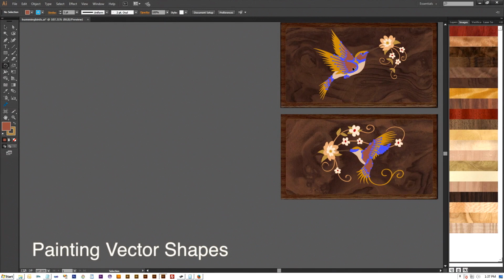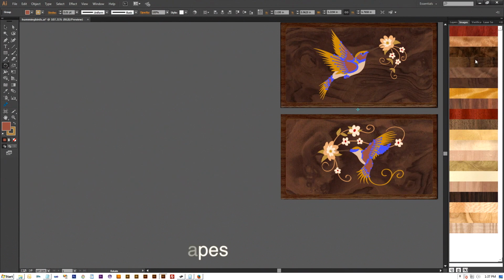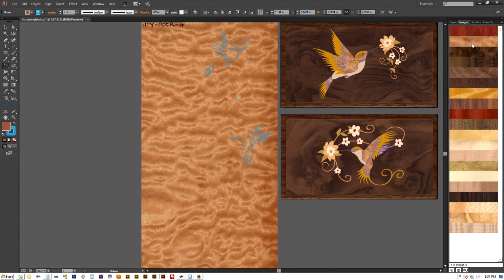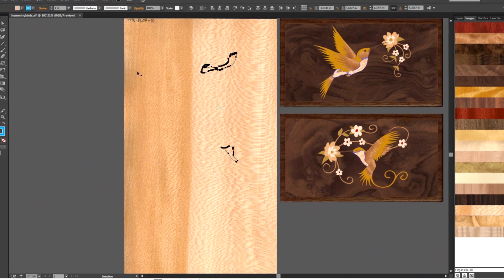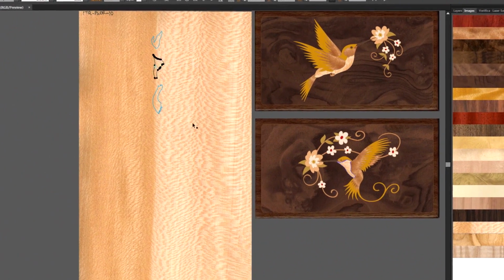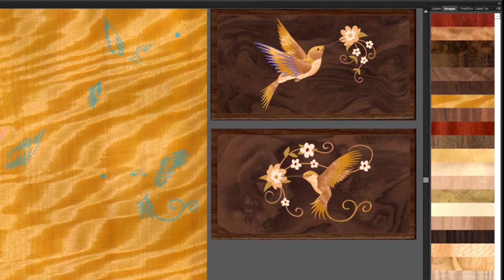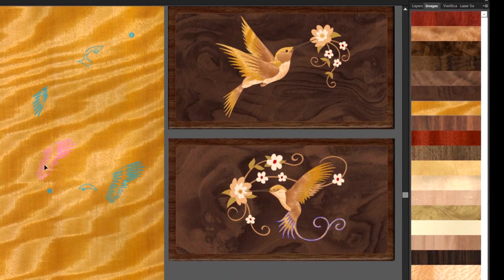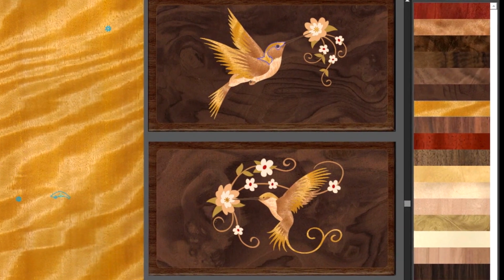Using Image Paint, shapes can be painted with images from an image library by simply selecting the shapes and clicking on the image swatch. It also gives users the ability to move and rotate shapes on a wood image and instantly preview the results on the design. This allows the coordination of the wood colors, grains, and figures accurately before the pieces are cut. And this is true even if we cut on the opposite sides of the veneer, which is required to achieve